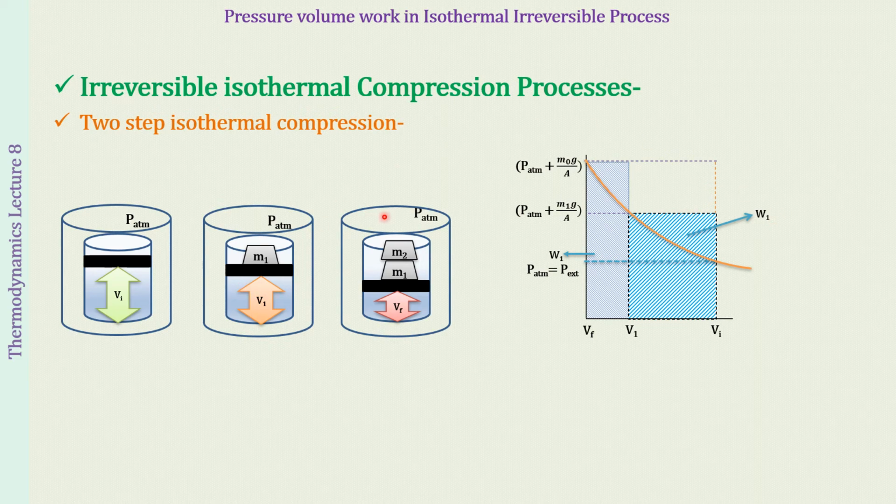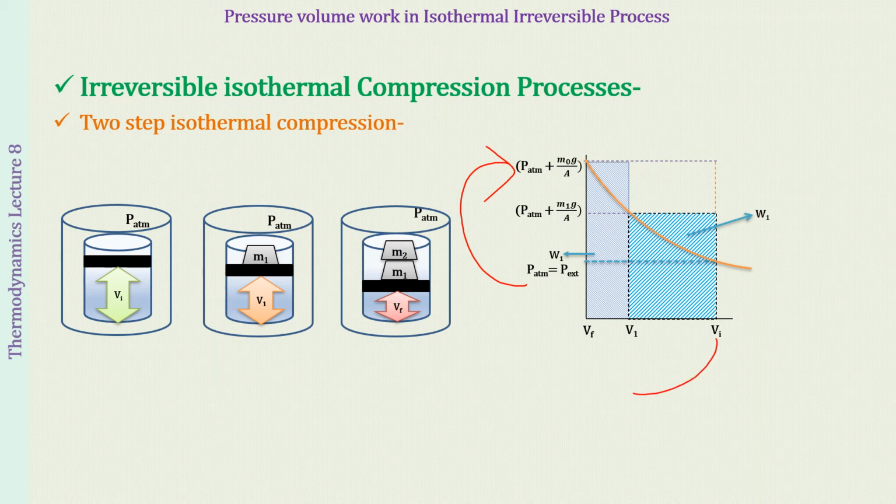Fine. Then we placed m2. When it was m2, now the external pressure becomes P atmosphere plus m naught G by A. So this is going to be now the final external pressure that we have. Again the compression will be taking place from this place now to this place, right, from V1 to Vf. So this will be the work done, that will be W2. The total work done will be equal to W1 plus W2, and this is work done on the system in the compression process. What was work done in one step process? Well, if you remember, what we had done was from P atmosphere we directly moved on to this.